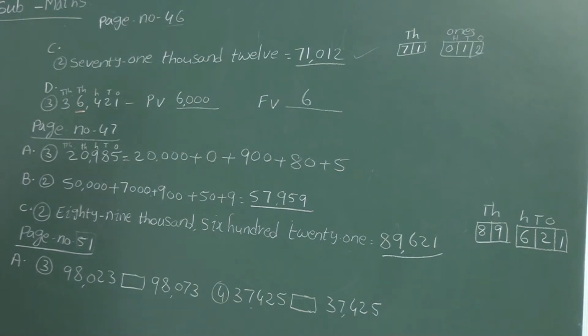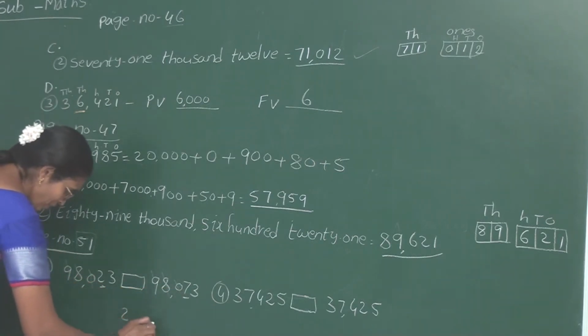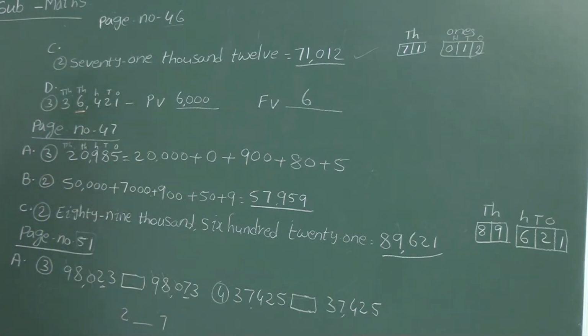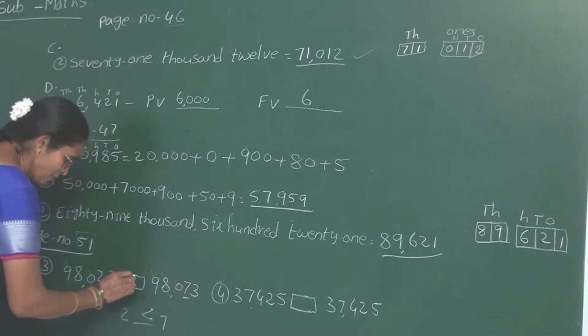So the same digits means what I said in the last class? You have to compare from left side onwards. Left to right. Left to right means first of all here 9 is there. Here also 9. Both are same. Okay. Next place 8. 8 same. Next 0. 0 same. Next there is 2 and 7. So the difference is between 2 and 7. In 2 and 7 which is greater? Yes, 7 is greater. So 7 I am getting 2 dots and here 1 dot, that is less than.